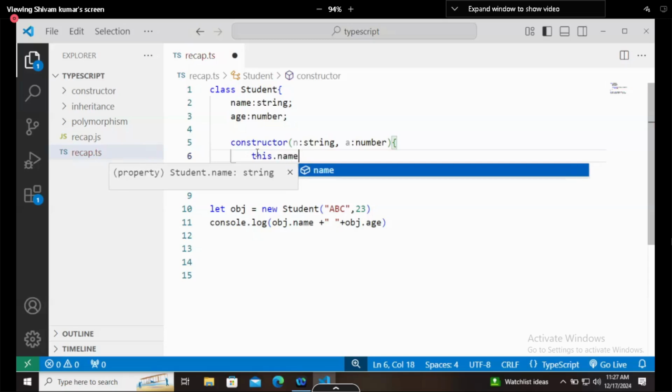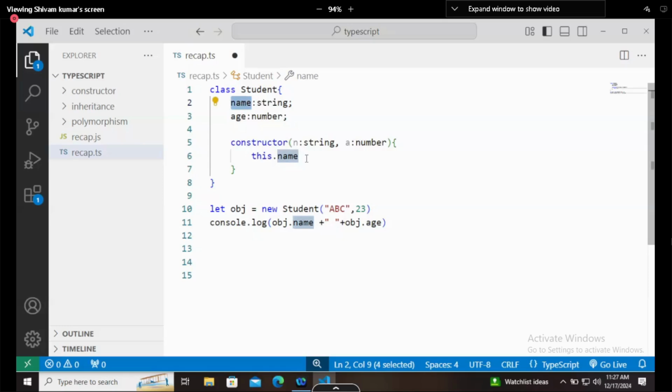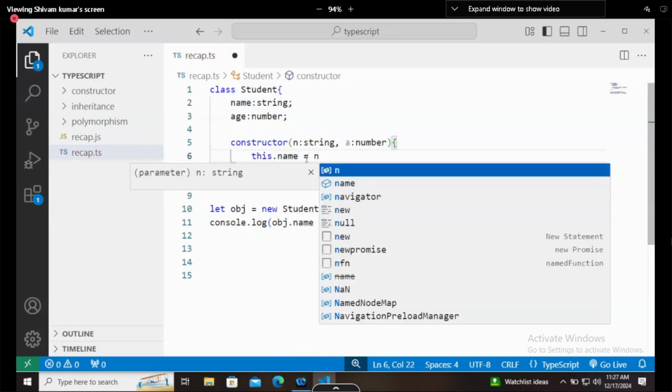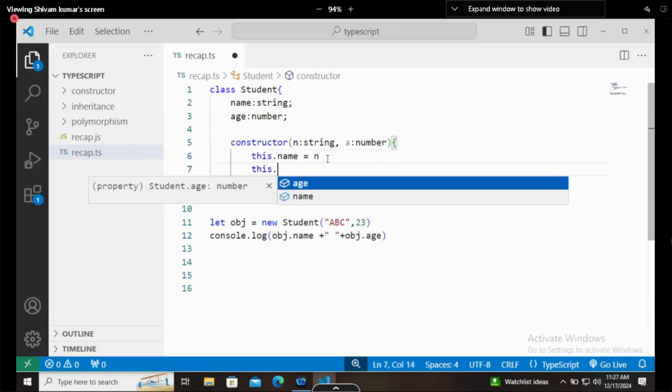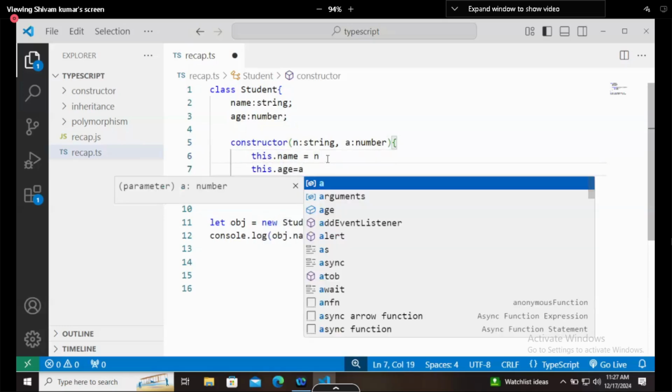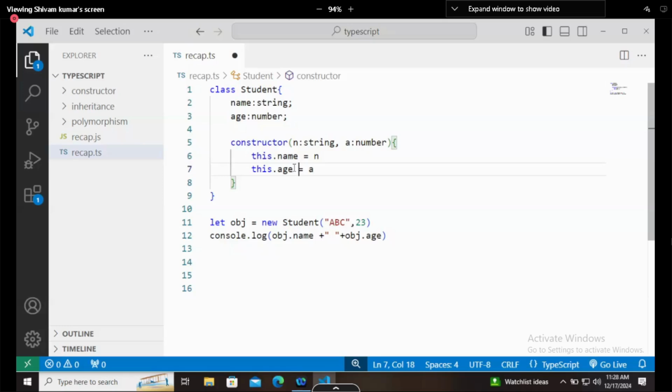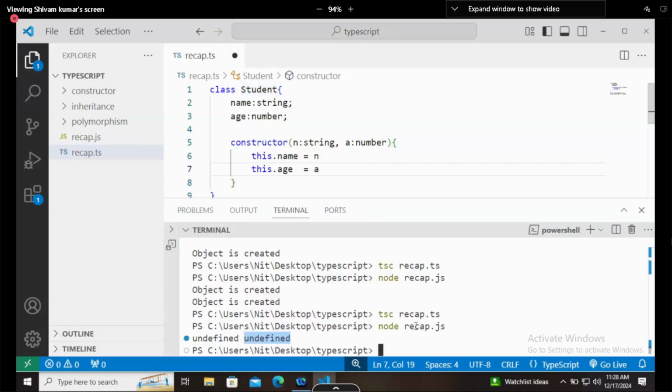So this dot name means the name of the class here, and its value will be coming from n, and n is the part of the constructor. And then if I write this dot age equals a, now the constructor will accept the values and it will also assign the values to the class.